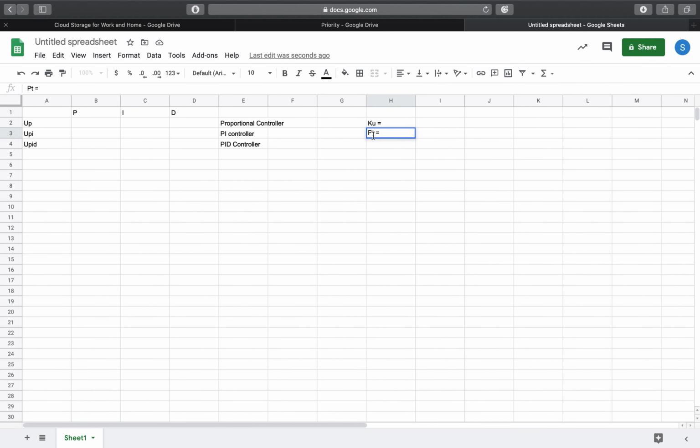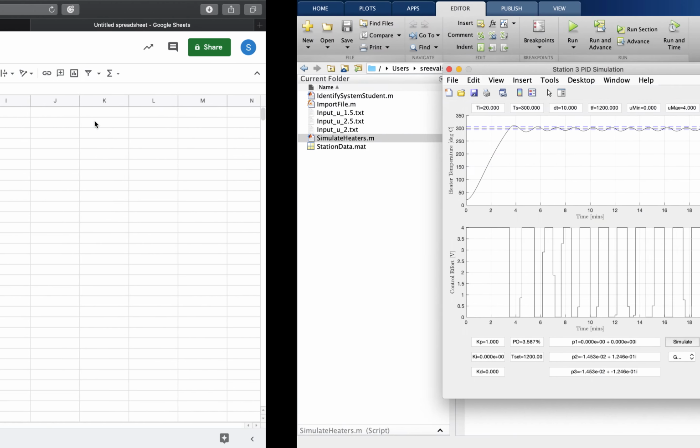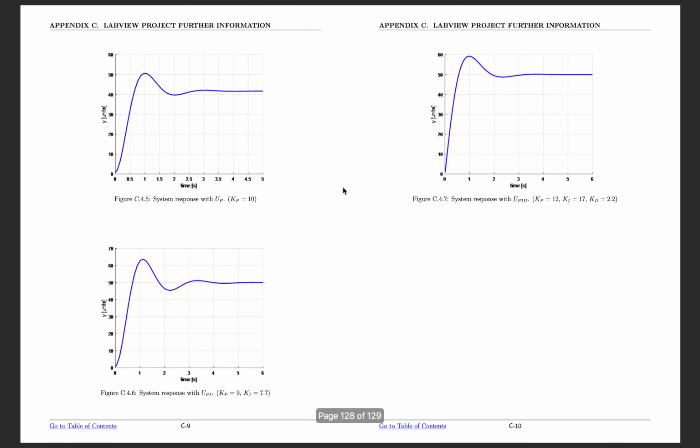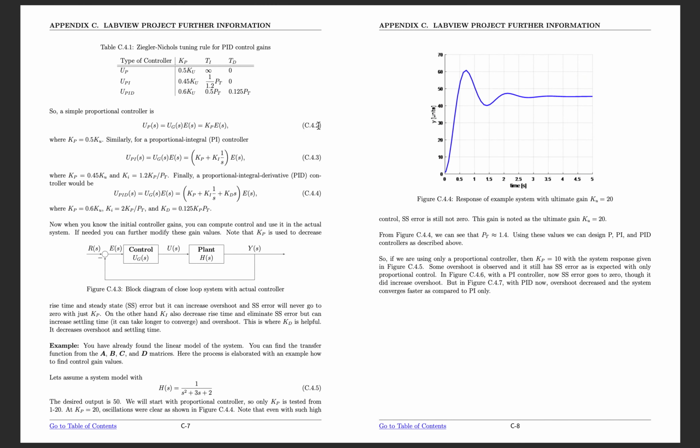Once you know these two values, for a P controller or proportional controller, you can find a Kp value. For that, you can make use of equation 4.2 to find Kp. And for a PI controller, you can use 4.3, which tells what the Kp value and what the Ki value should be.